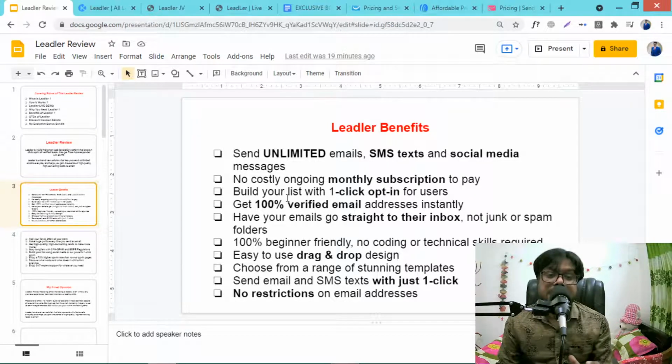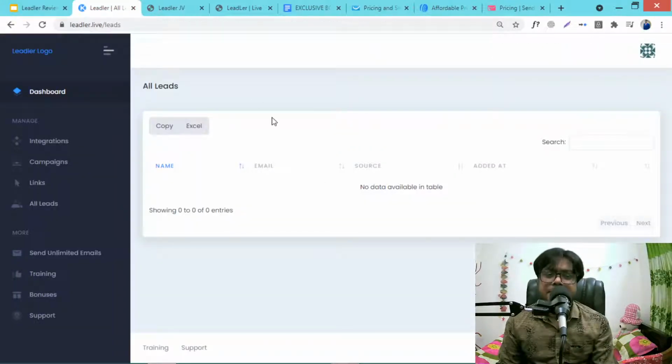You will get this type of verified email address instantly from this software, and you will have the facility to get your emails going straight to the inbox. This is very important. Your emails will go directly to the inbox, not junk or spam folders. And this is 100% beginner friendly.